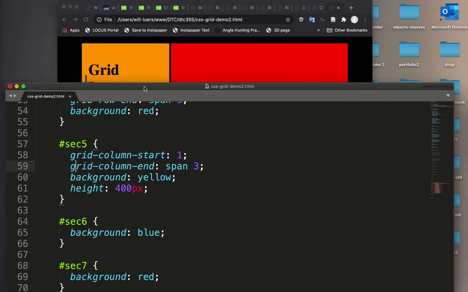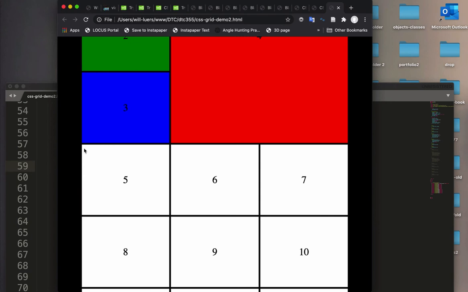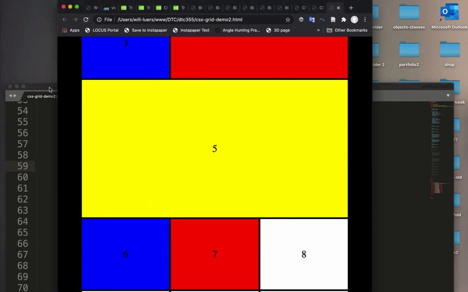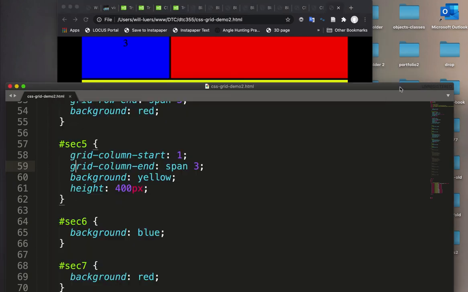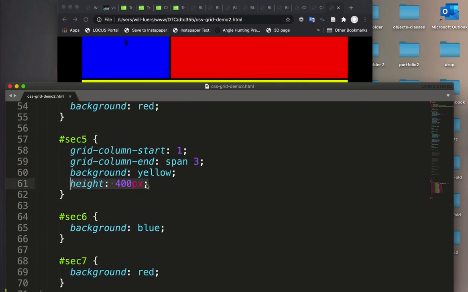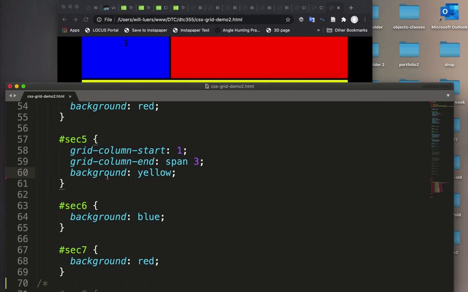What does that mean? We start with 1. Now this is the fifth one, right? We start with 1, span column 3, and background yellow. So I'm going to save this, and sure enough, it's spanning 3. Oh, I forced a pixel height here of 400 pixels, but I could easily add my rows here and just tell it to